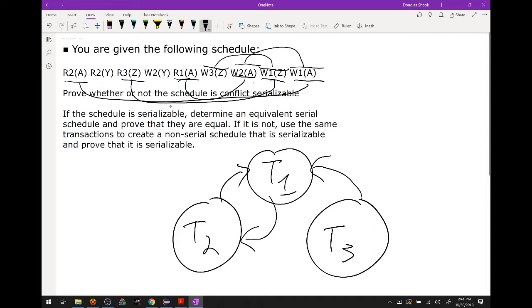So, my first question is, can I just switch the order of those? Is that an okay thing for me to do? Is that an allowable operation? Can I take those two operations and just flip them? In this case, yes. Why? Why is that okay? What would I need to watch out for?